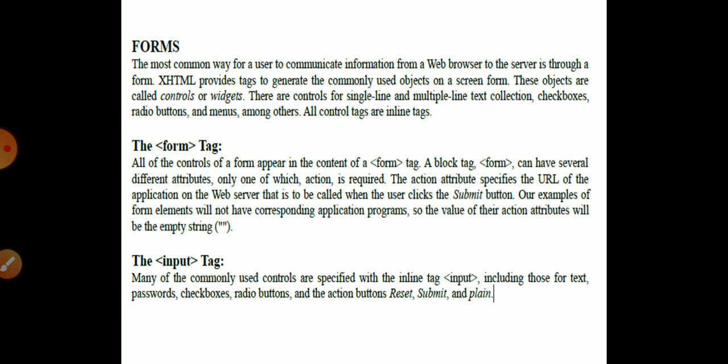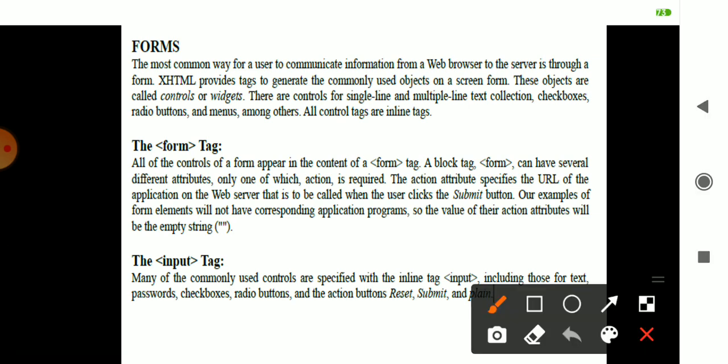How to design a form, what a form consists of, everything you will be learning. Mainly, how you communicate with a server is through the help of forms. The forms consist of various controlling widgets. Controlling widgets are nothing but the buttons, radio buttons, menus, and textual data. The textual data may be in a single line or multiple lines, and you may also use check boxes within the forms.